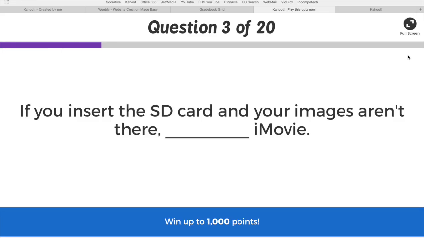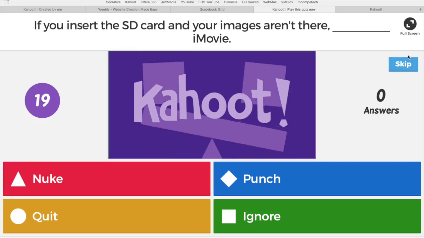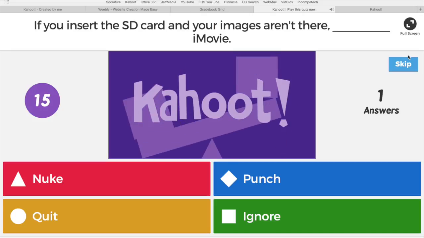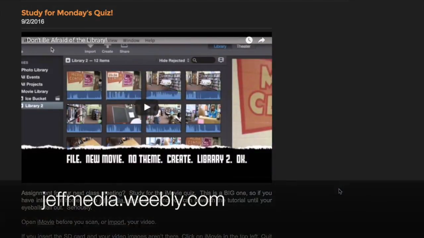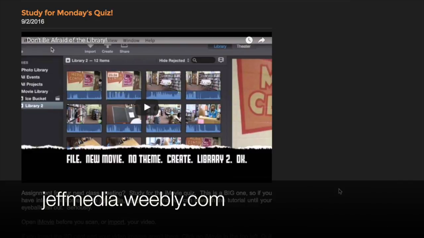Then we get kind of nuts with a program called Kahoot. It's like a game show where the kids have to answer first, and the team who gets the most questions right in the least amount of time gets a lollipop. And we kind of have fun with that. So if your student is struggling with an assignment or there's one particular thing they don't get, take them to the website